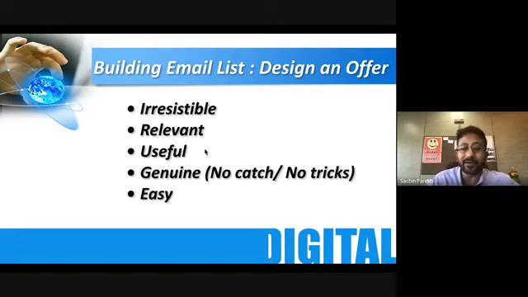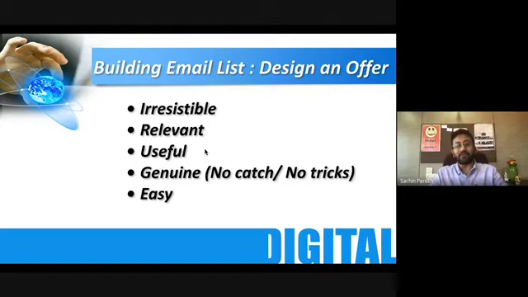And sorry, I repeated this point because I did talk about genuineness before. There should be no catch, no tricks. We always think that we are smart by putting some trick or some terms and conditions twisted somewhere. But I'm not talking about the education industry, but in general, in industry, people try to create an offer which is irresistible, relevant, useful, but it is not genuine. There are some small prints, and they say, by the way, if you need that, you need to pay. And most importantly, how do you build an email list that is easy to capture? Let's look at that.